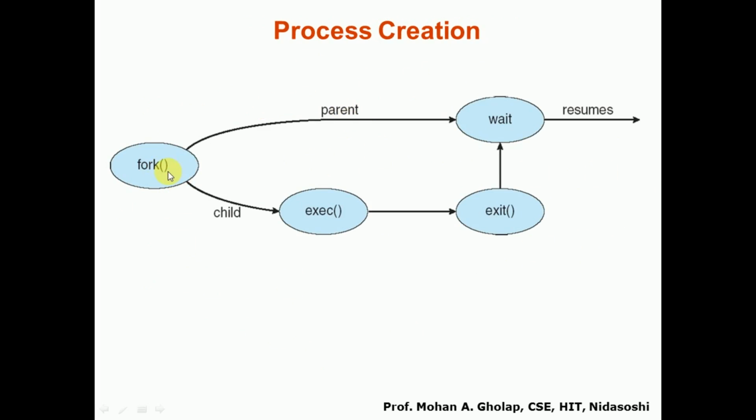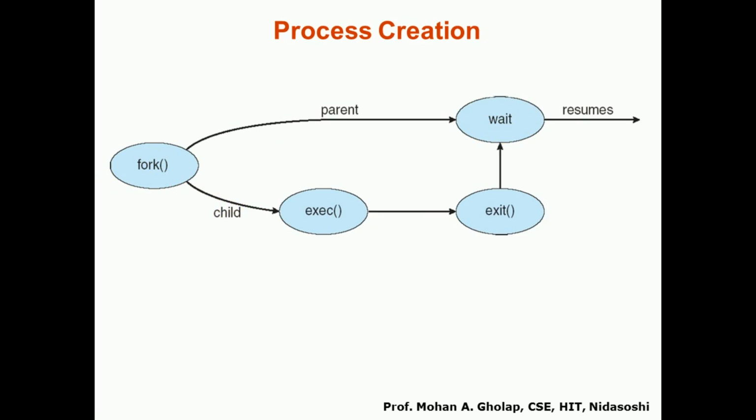So what happens when the new process is created? In a currently executing process, when it calls the fork system call, a child process will be created. Whenever a child process is created, as I told you, in most cases the parent will go to the waiting state. Here you see the parent is in the waiting state until the child finishes execution. When the child process is created, it should execute a particular program.